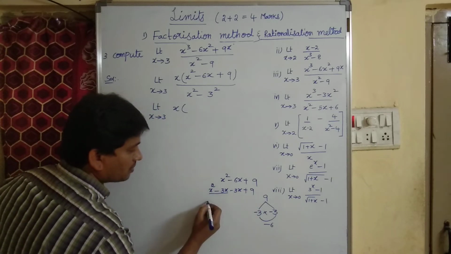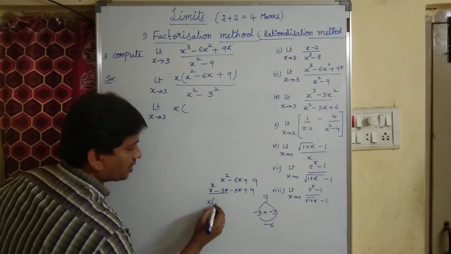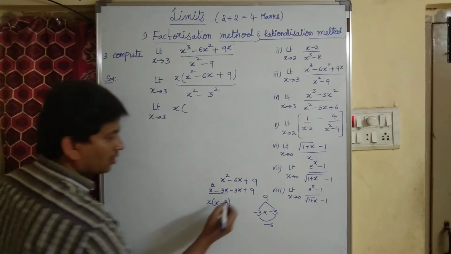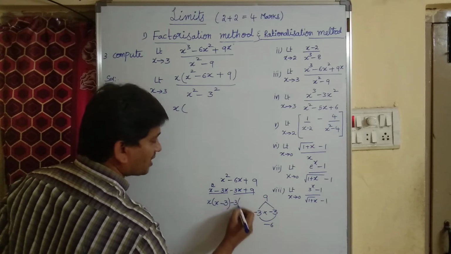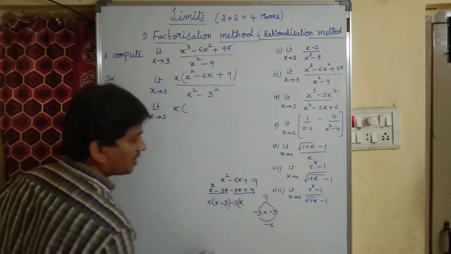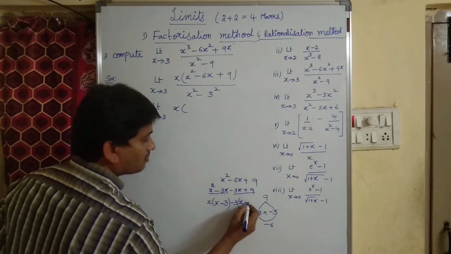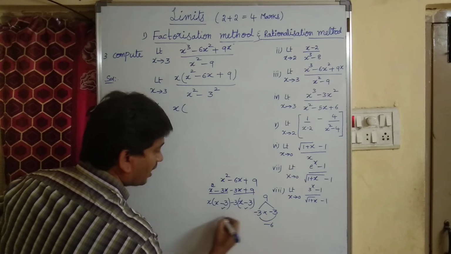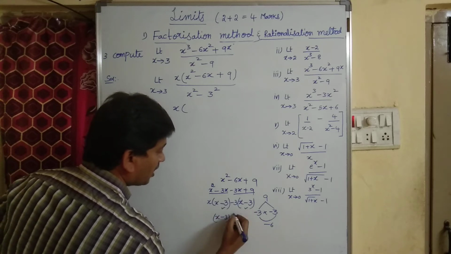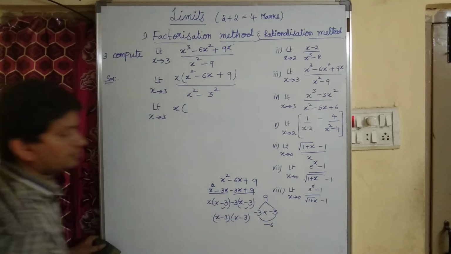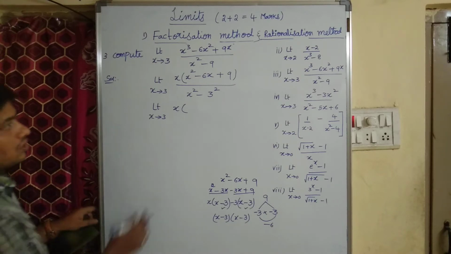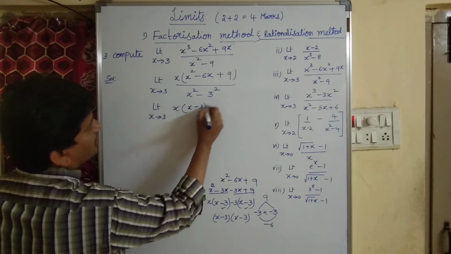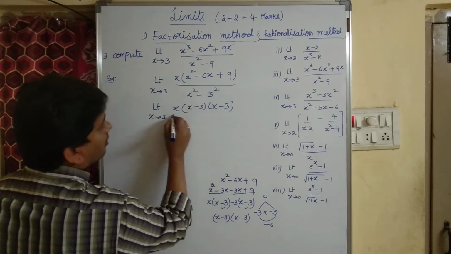Now from the first two terms I can take x as common, x into x minus 3. From the other two terms I can take minus 3 as common, minus 3 into x minus 3. Now if I take x minus 3 as common, again I will get x minus 3. Right? So x square minus 6x plus 9 I can write as x minus 3 into x minus 3, divided by